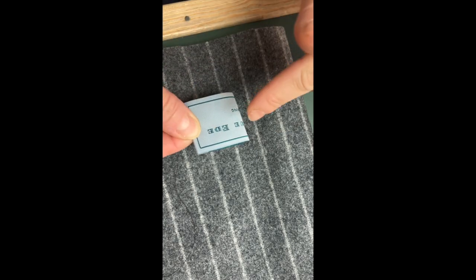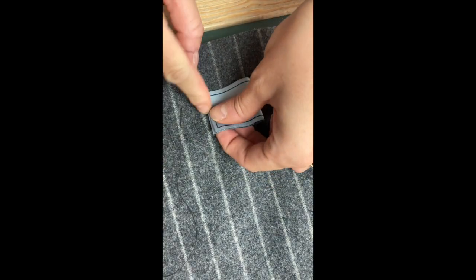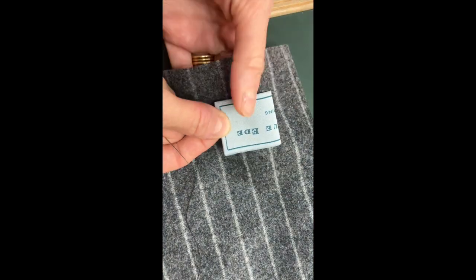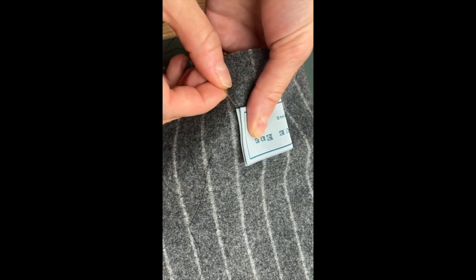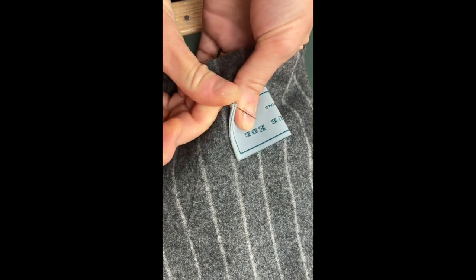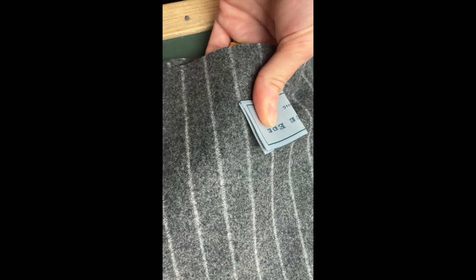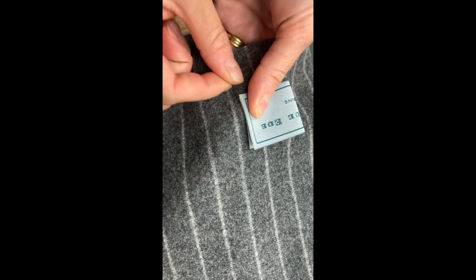So, two options. Either you sew it in half like that, where you fold it under, and then you can sew it onto the back of a jumper or a sock or anything like that. And then what I suggest doing is starting in here, in the gap, going up through both pieces of the label. I'm not using a thimble here, and someone's going to pull me up on it, but I don't think any of you will be using a thimble, so I don't think that's